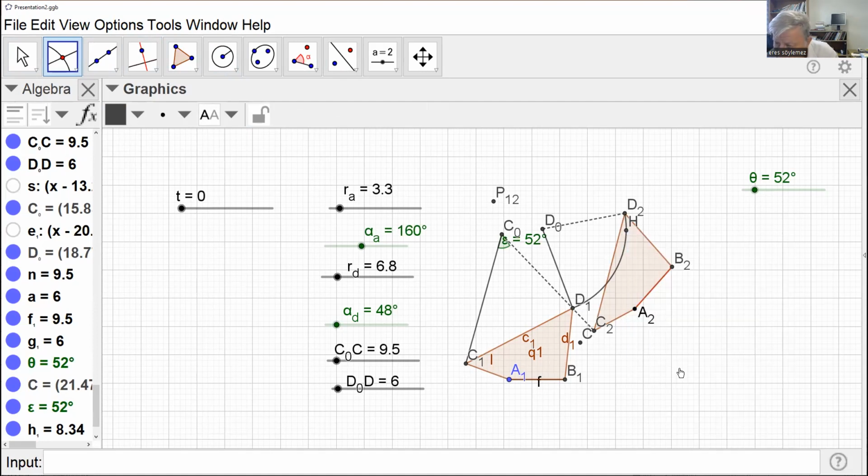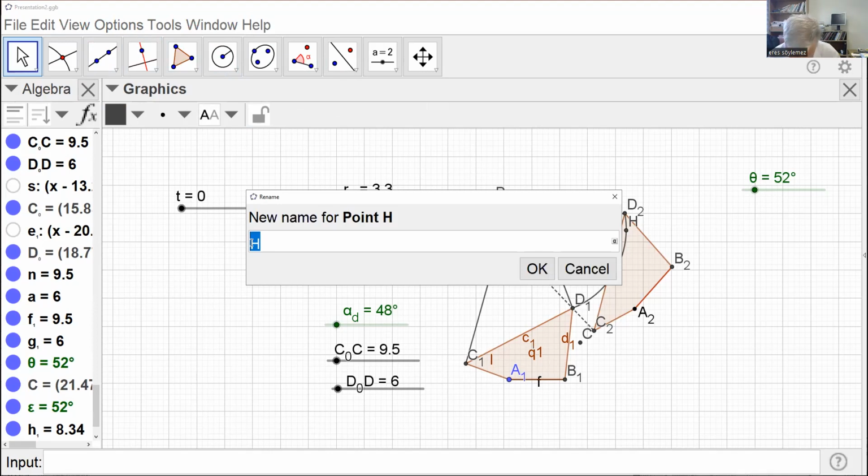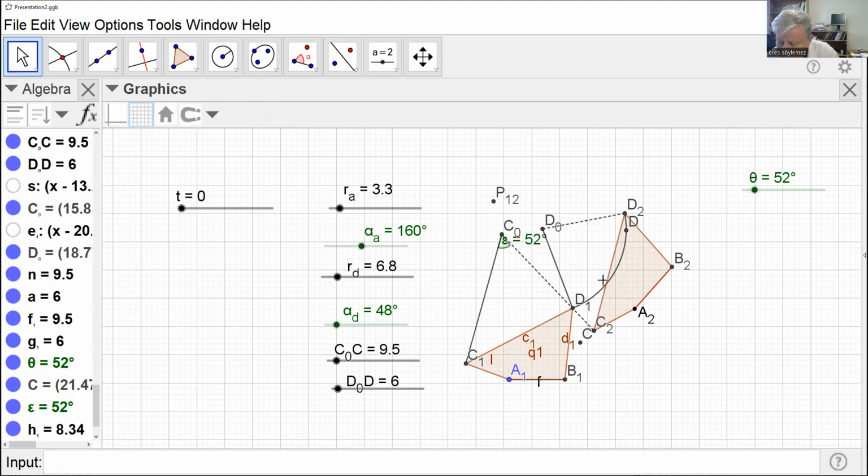This point I'll call D. Okay. So my 4-bar, that will be moving. Notice I can move it